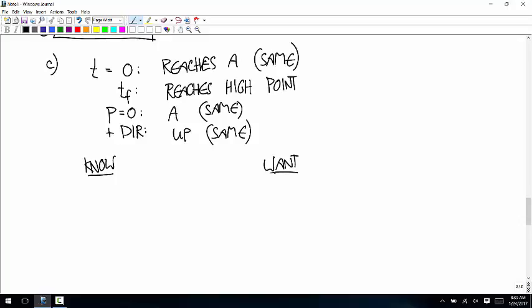Do we know time final? Numerical value? No. Do we need it? No. If we can get away without it, that's good. Fine. Do we know the acceleration? Yeah, that's going to stay steady through the whole problem, even though we changed what we're calling our time final. And that's because these equations only work when the acceleration is constant through the whole thing. So A is equal to negative 2 meters per second squared.